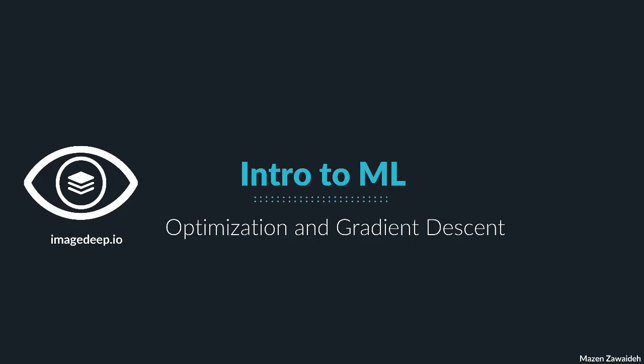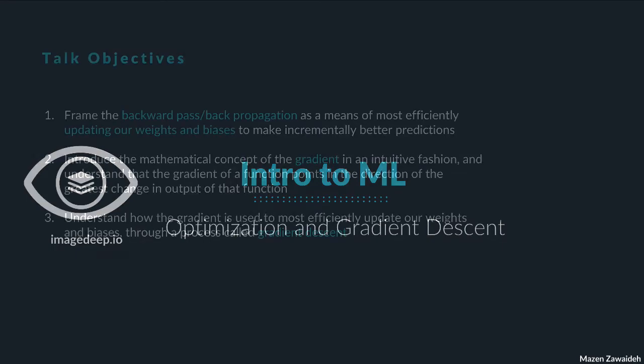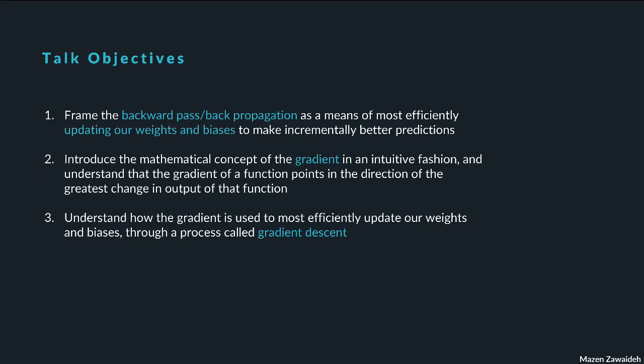We've previously discussed the components of a single iteration of the learning process. In this lecture, we will gain a better intuition of what is happening during the backward pass. Our objectives are as follows. Understand the backward pass, or backpropagation, as a means of most efficiently updating our weights and biases to make incrementally